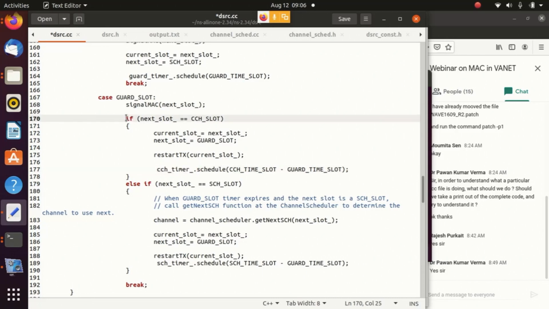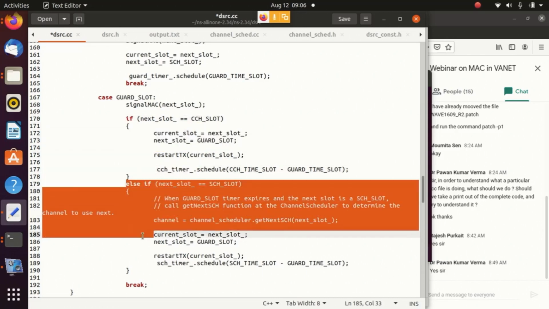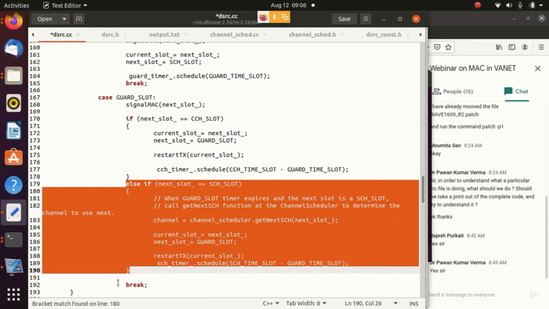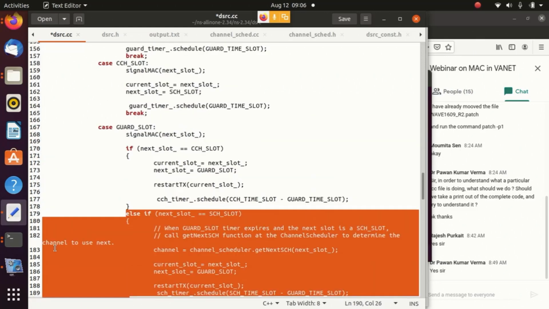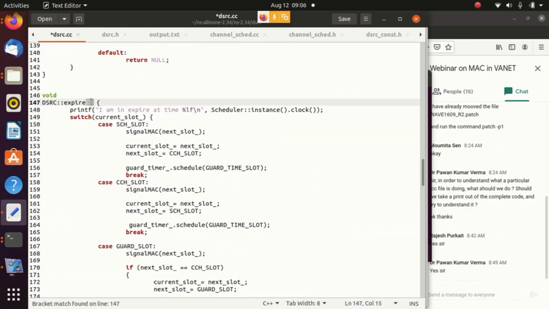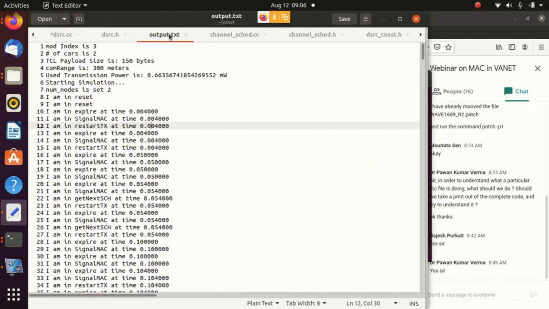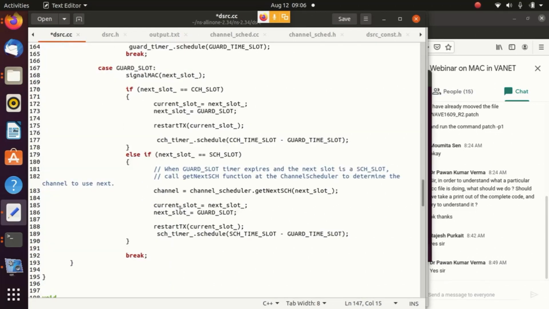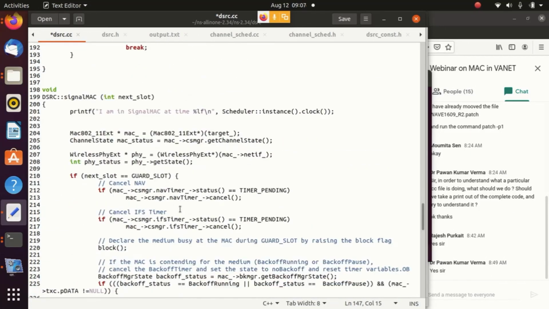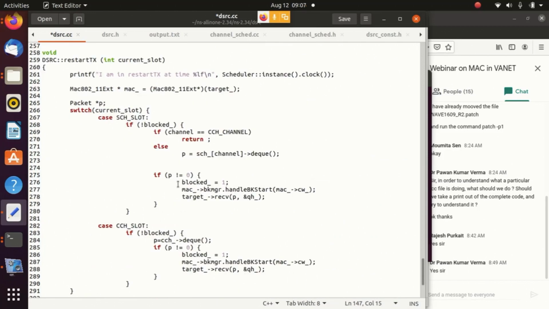Okay, now this if function is called, so this else if will not be called, obviously, and it is over now. Okay, so what we started from expire, we have completed. We traveled through signal make, we traveled through restart transmission. Okay, so what we have done actually, we tried to transmit a safety packet here,